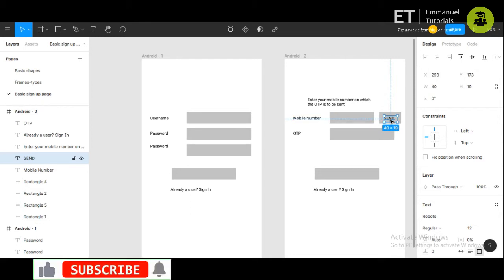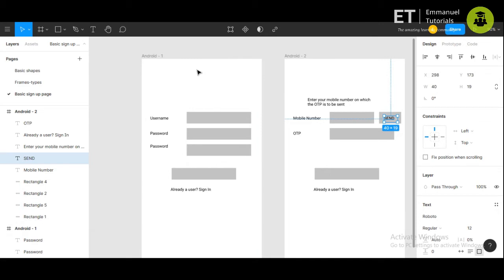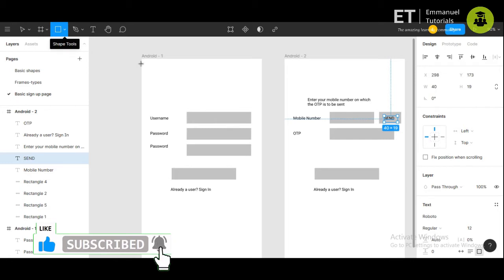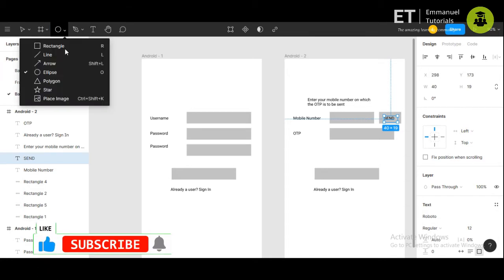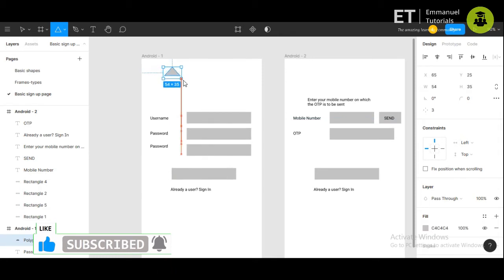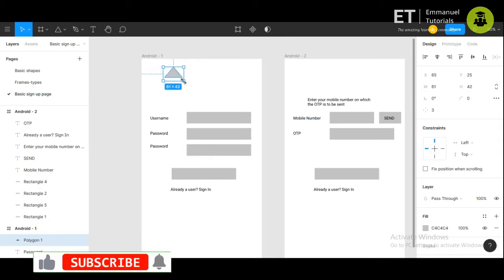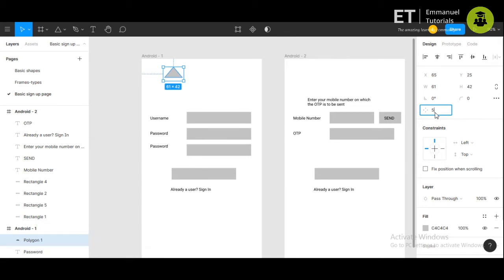So now let's start making this more visually appealing. For that, we may also give a small logo for the name of the app. So we can just take a polygon shape and then we'll make a logo out of this. For this, how to make shapes, you can refer to the basic shapes videos which we have already uploaded.